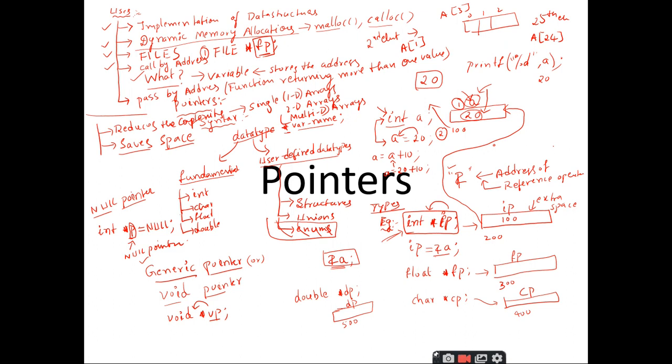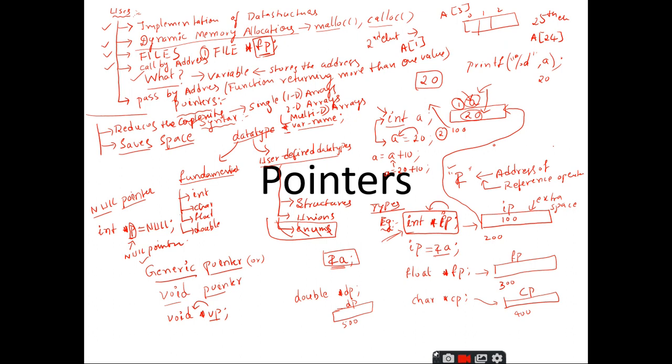Yes, sir. So in the second part we have seen the uses of pointers, where we can use these pointers for implementation of various data structures like stacks, queues, trees, graphs, anything you can implement using these pointers.